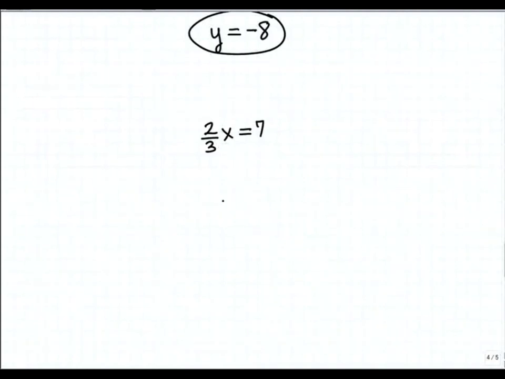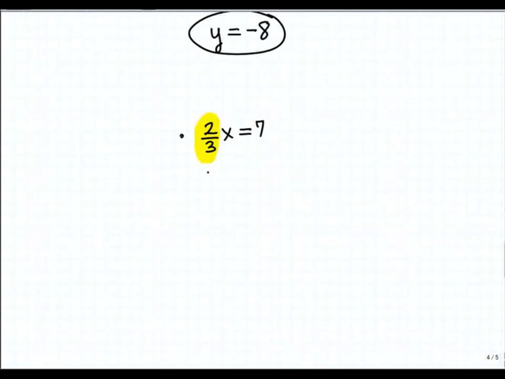Once again, I want to get x all by itself. That's isolating the variable. So x equals some number will give me the solution to this particular equation. So what could I do to this equation to get x by itself, 1x? Well, let me just show you, because in the interest of time, I really want you to get practicing on this by yourself. So if I have 2/3 times x equals 7, to get x by itself, if I simply flip